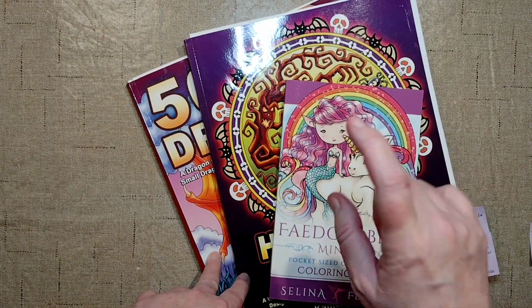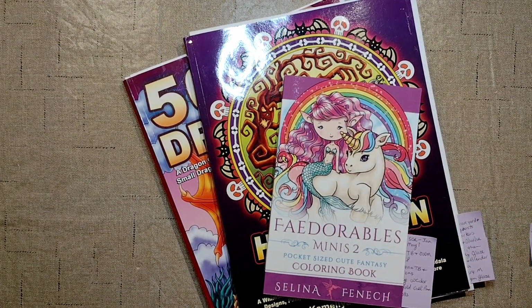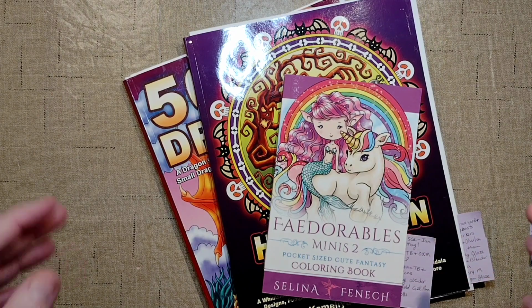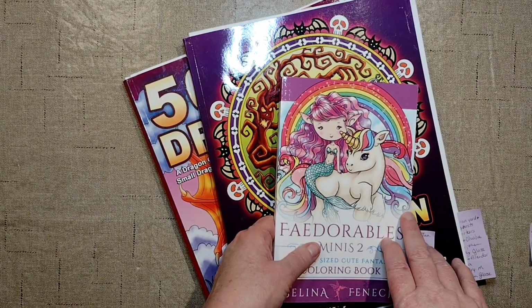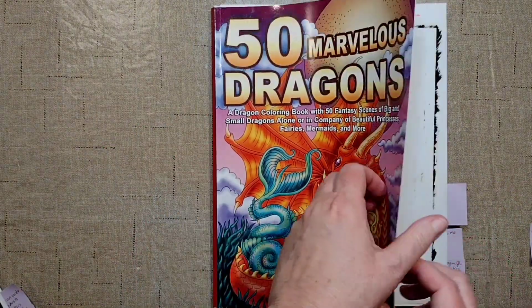So now we have the Amazon books, and I'm very excited about this because there are so many artists I want to support with the Amazon books, and oh, the paper has made me crazy. But I think I'm over the hump now. I've figured out some techniques to where I can manage it. So we will start with this one,